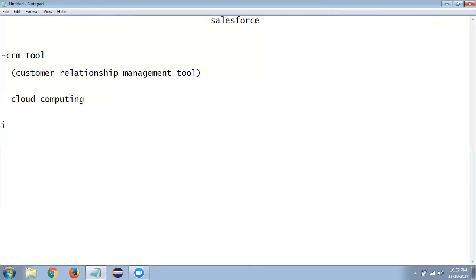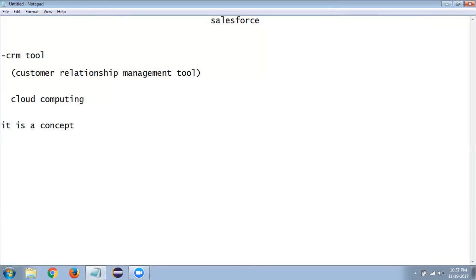Even so, I'll tell you, it's a concept, right? It's not a technology, it's a concept. By using this concept, a number of technologies are derived. A number of technologies follow cloud computing. What exactly is the meaning of cloud computing, and what kind of services can it provide? All these things I'll tell you.